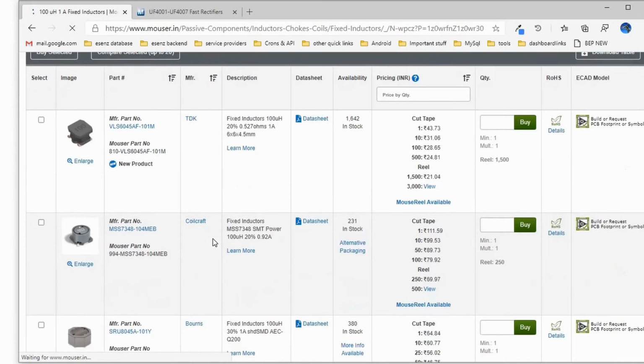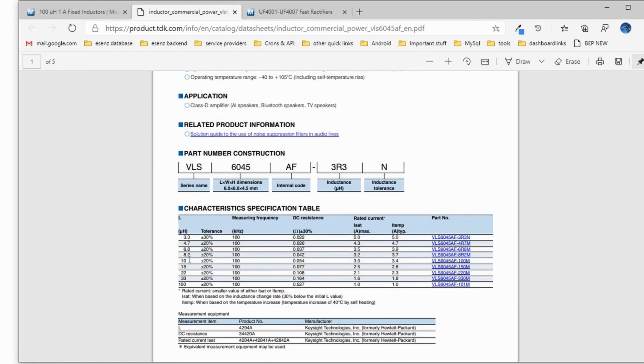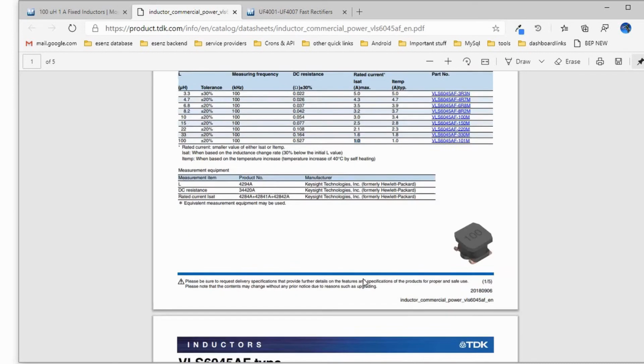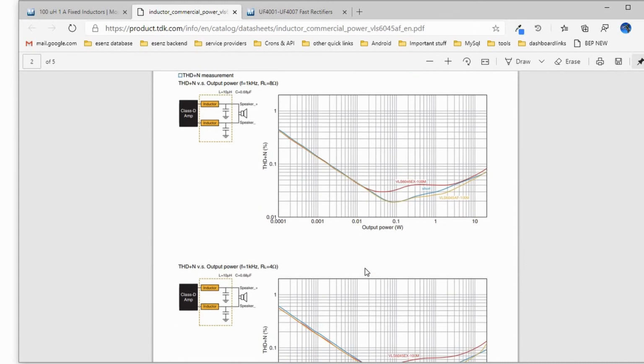Then you can see all the inductors that come under this, and you can select one of the data sheets. Yeah, the inductance value is here, 100 microhenry. Again, tolerance is the accuracy which you will get. Then this is the rated current. So that's how you select a component in Mouser and just check out the data sheet also.